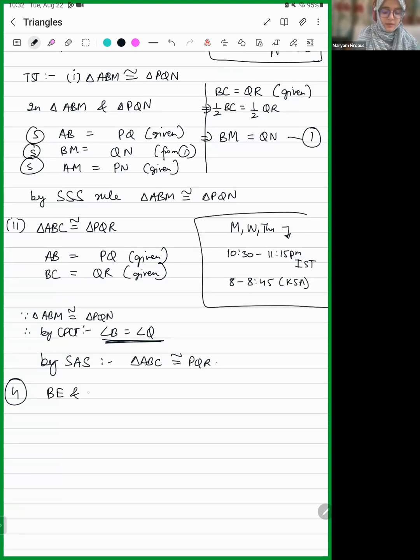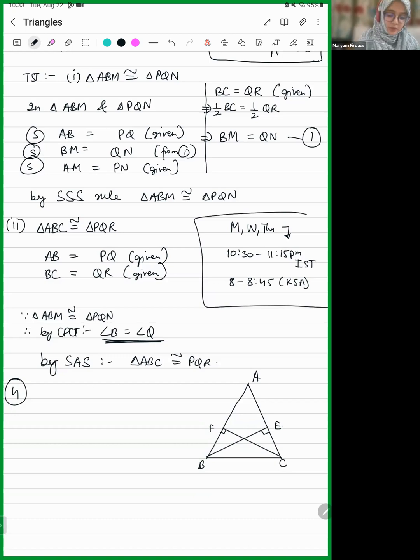DE and CF are two equal altitudes of a triangle ABC. So we have a triangle ABC. And we have seen how many altitudes a triangle can have. It can have 3 altitudes because it has 3 vertices. So there are 2 altitudes. This is one. This is an altitude, that is why I'm putting the 90-degree sign over there. And the other one is CF. This is also an altitude. So BE and CF